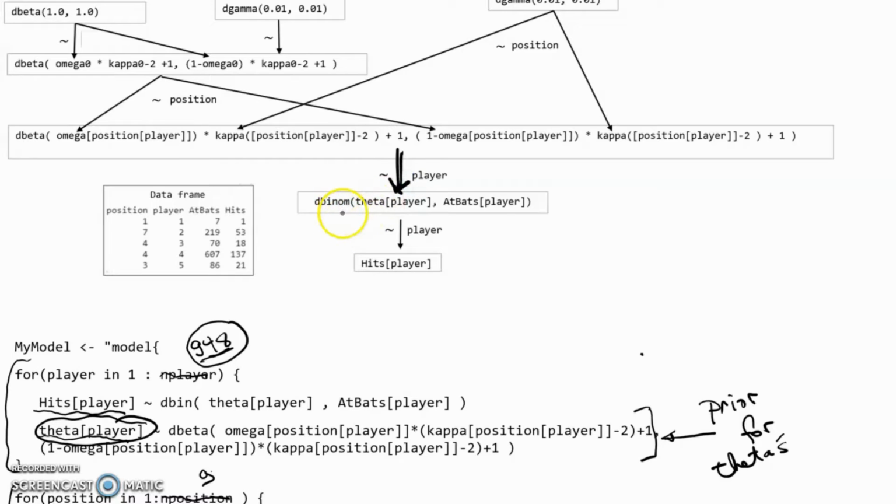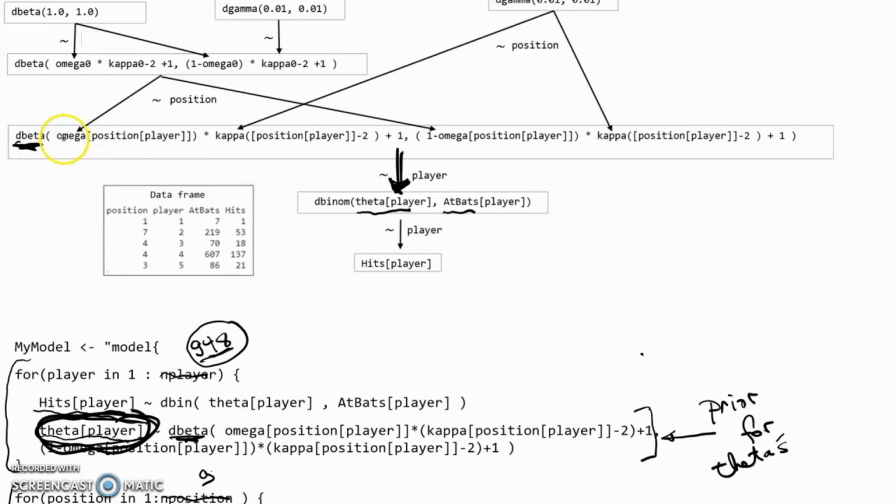The hits for each individual player comes from a binomial distribution, with parameters theta and the number of times they were at bat. What we're really concerned with is the parameter theta. So we're interested in the parameter theta per player, and it arises from this beta distribution,